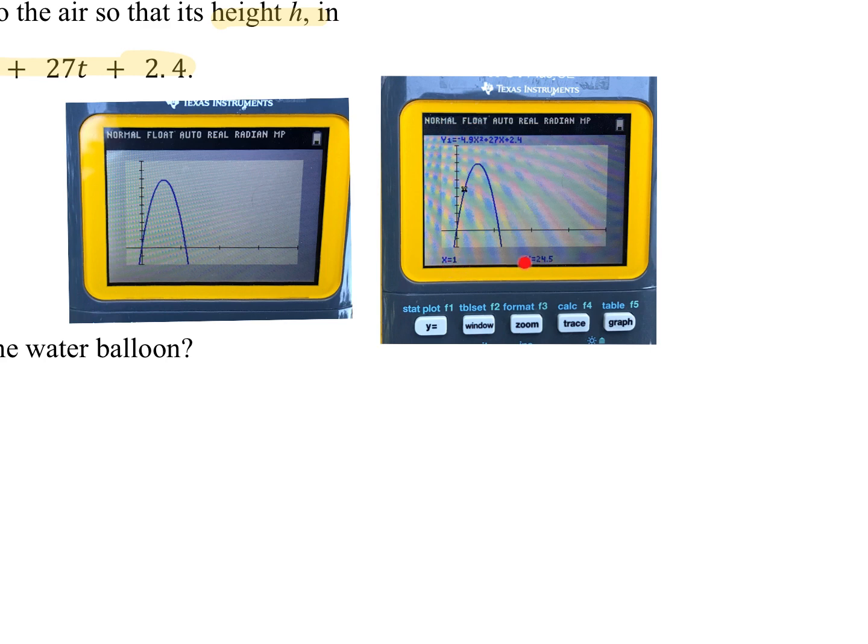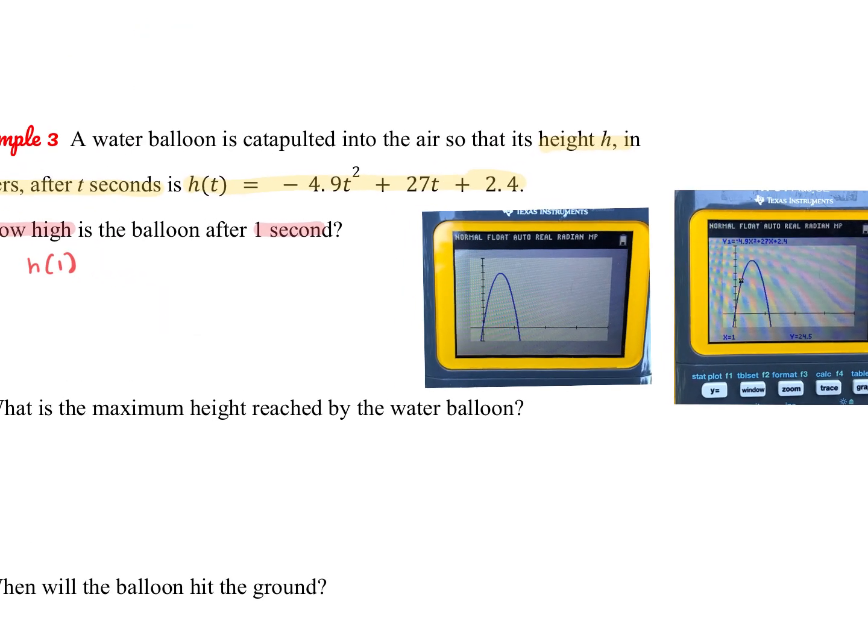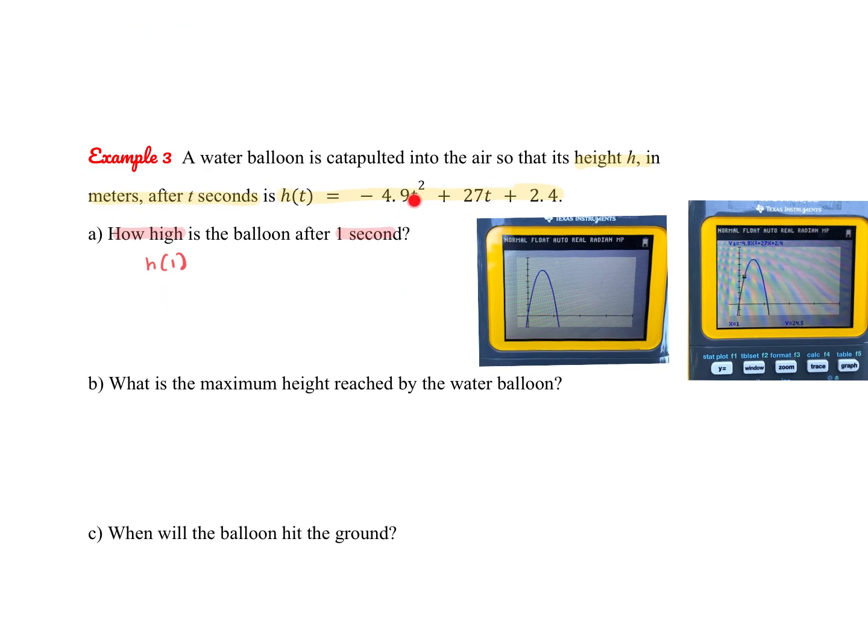So I typed in x equals 1, and it told me the y value. Now, of course, this is something where you could have just substituted and used your calculator to evaluate it in that way, but this might save you a little bit of time. Since we found h of 1, the answer is 24.5,